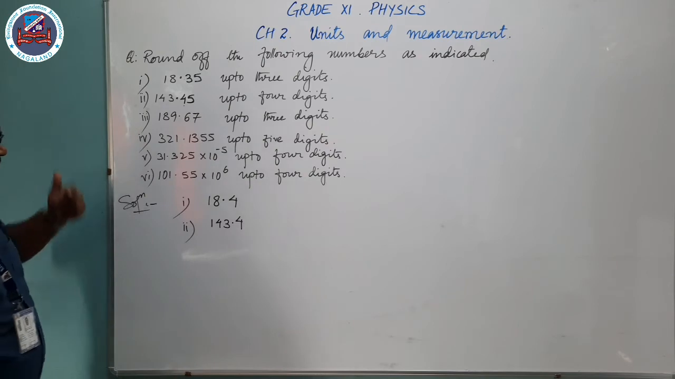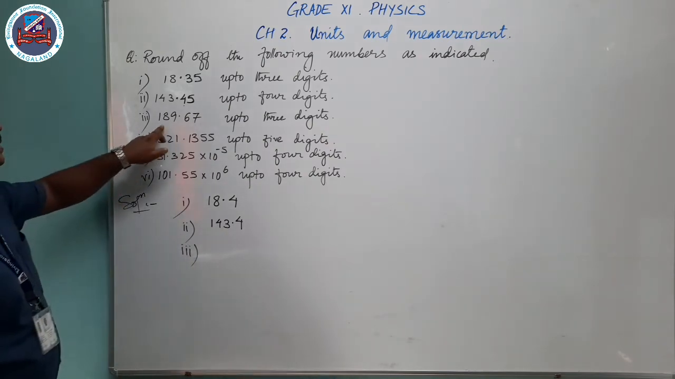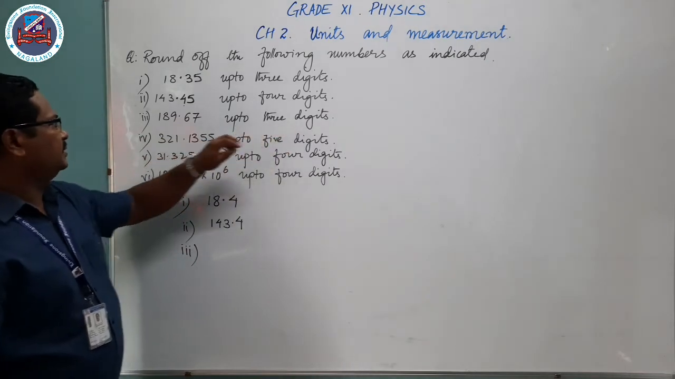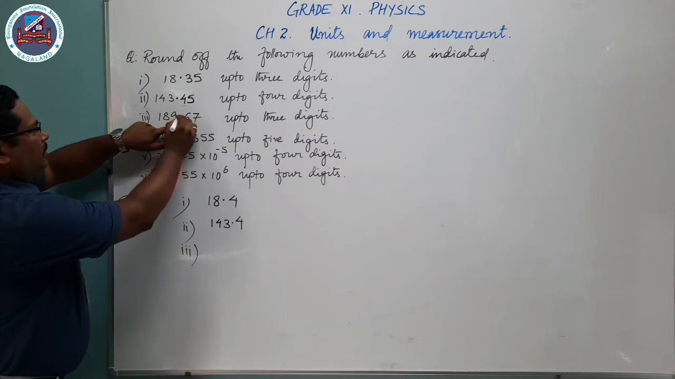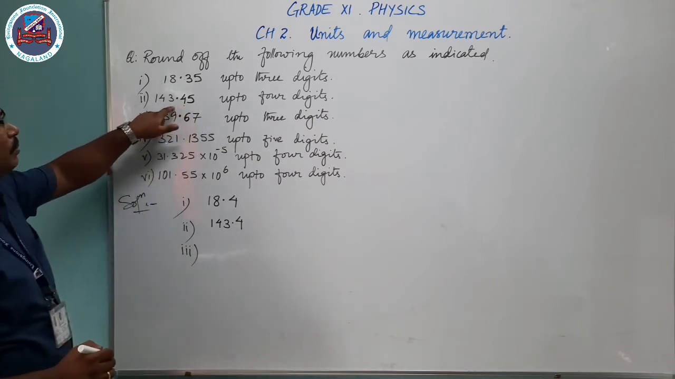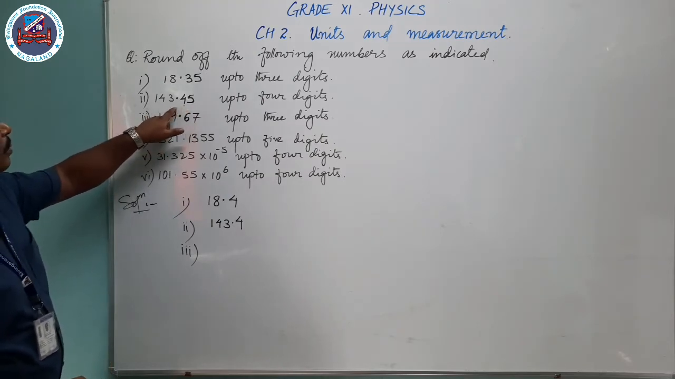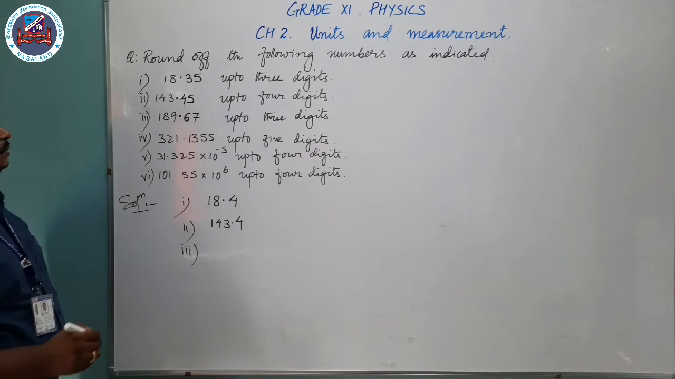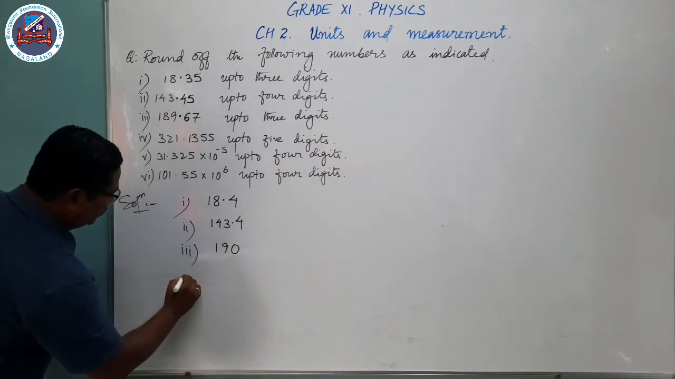Then the next one, the third one. Here you are going to round this number up to 3 digits, 1, 2, 3. The number that you are going to drop is more than 5, so we can add 1 here. In this case, you don't have to see whether it's even or odd, simply add 1. 189, if you add 1, becomes 190. Then the fourth one,